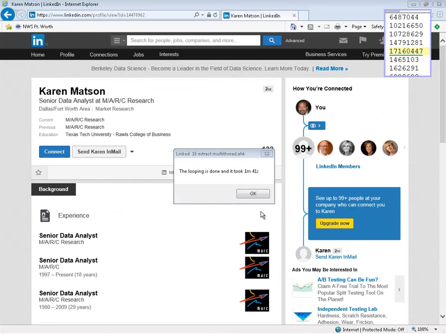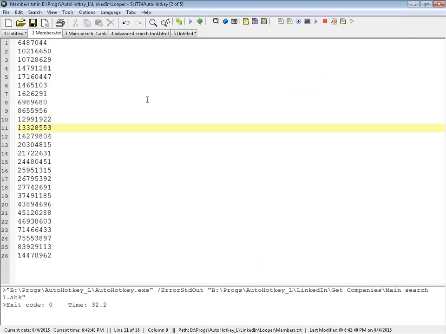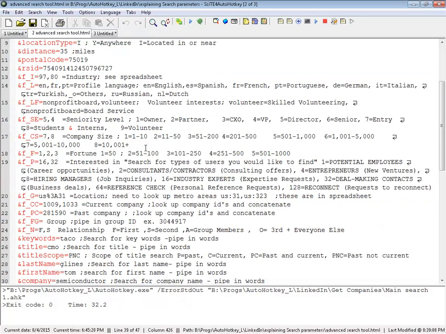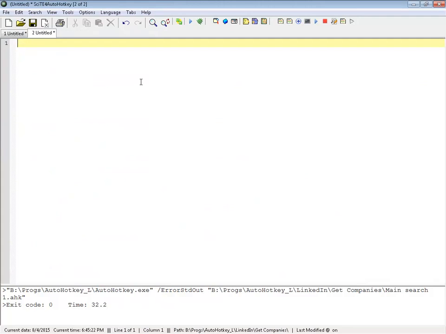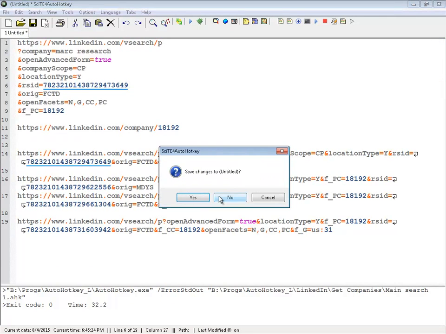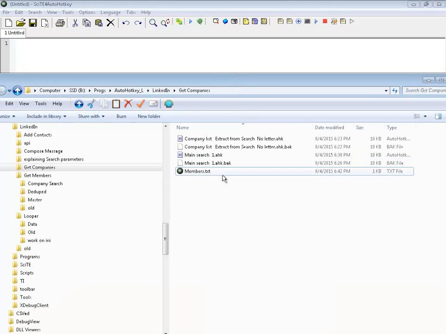Alright, it stopped looping. I have a little message box that pops up and tells me it took a minute and 41 seconds to run through those. So we're going to hit OK, and I'm going to close this now, and actually I'll just minimize that for now. And I don't need this file anymore, or that one, or that one. I'm just trying to close out some stuff because I'm going to use the same program to open what we just did. So in this folder where we looped through it,